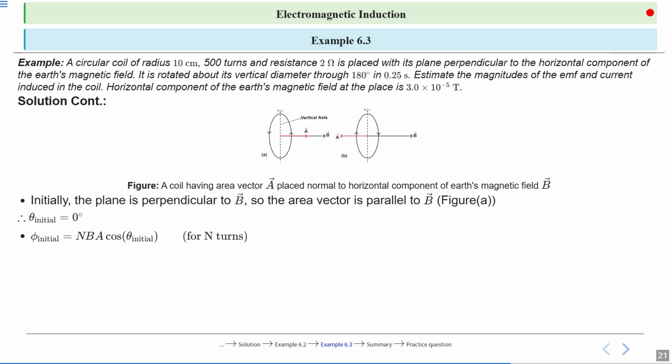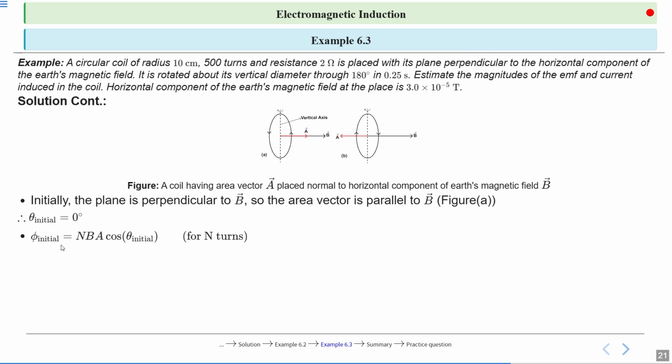This is the second way to do it. We are going to multiply this n in the initial flux and final flux formula, but we are not going to multiply this n in the EMF equation. Okay, because when we are going to take the difference, this n will appear in the change in magnetic flux, and we don't have to put n again in the EMF equation. It will come eventually there. Okay, this is the second way of doing it.